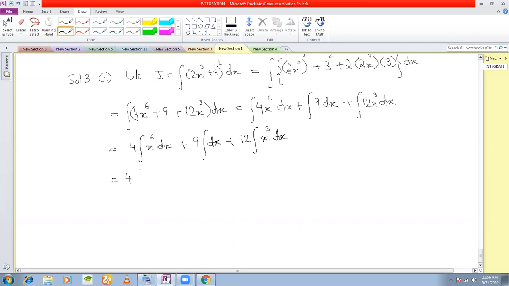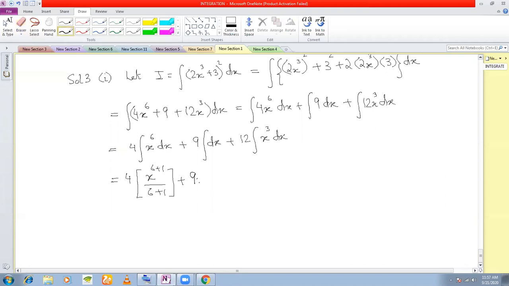Now again, this is the x to the power of n formula. So this is x to the power of 6 plus 1 by 6 plus 1. Now 9 integral dx. What is integral dx? d is nothing but the differential operator, right? And integral of dx, actually these both are just opposite of each other. You'll simply get an x here. Integral of dx will always be x because d is the differential operator, and integration is just the reverse, the converse of differentiation. So actually we don't cancel, but somewhat they will cancel each other. So remember, integral of dx is always x.